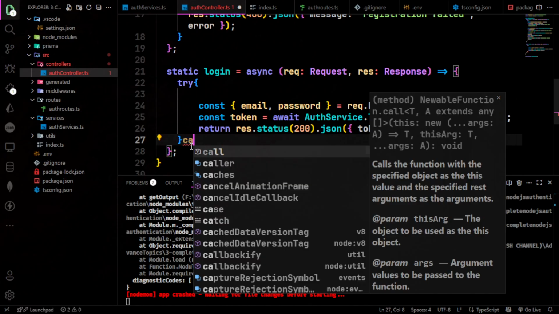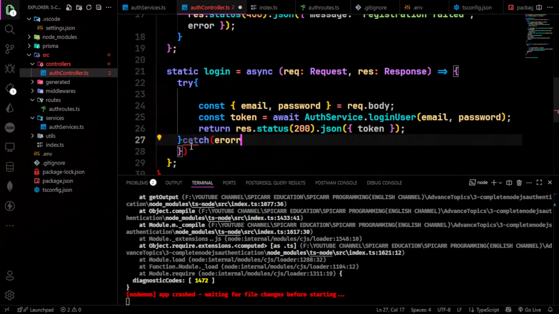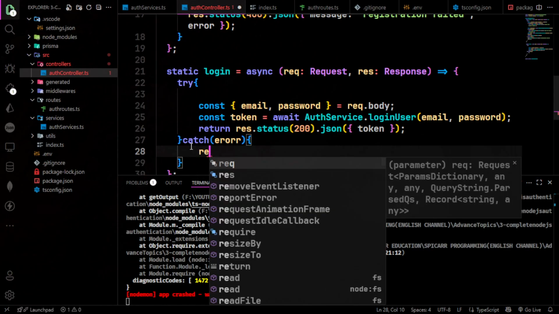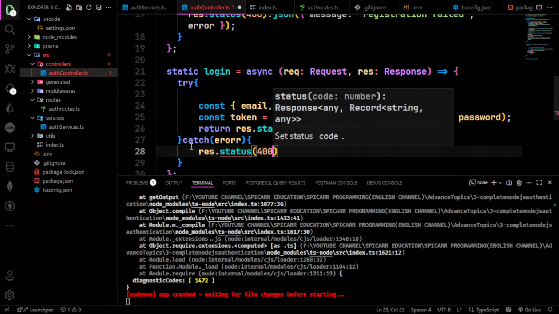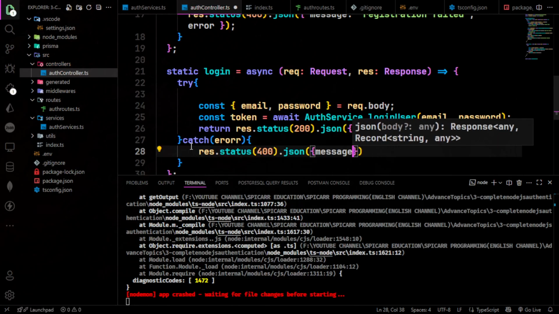It will help you to catch the error if any error comes. So if any error comes, let's return res.status 400 and the JSON, and message is like